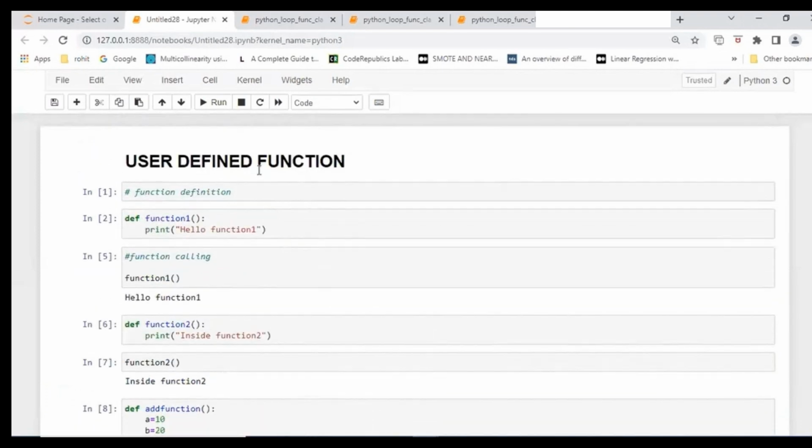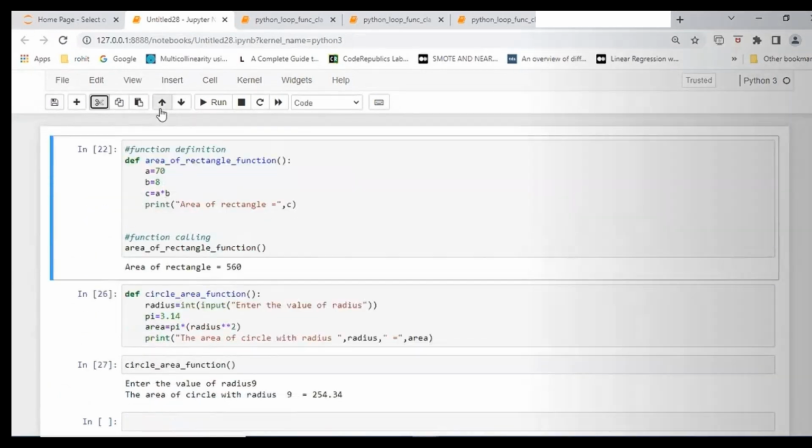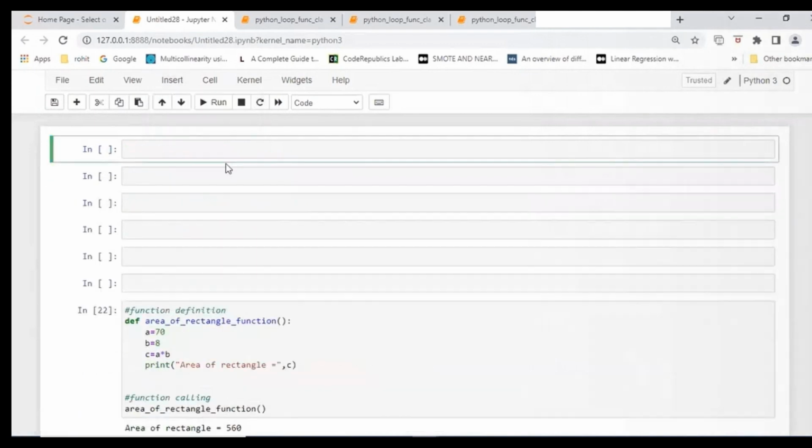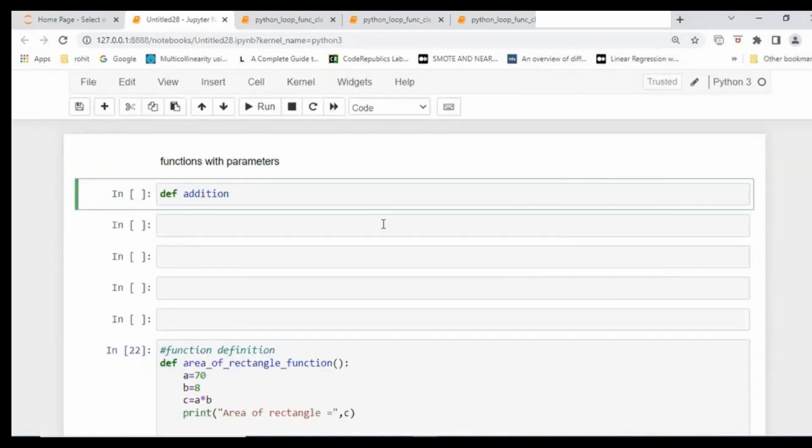Okay, so I'm writing it here. I'm coming on to the top. Students, see, you need to save your file. Insert, cell above, insert. I'm doing functions. Okay, so let's see how to write it. Now, addition